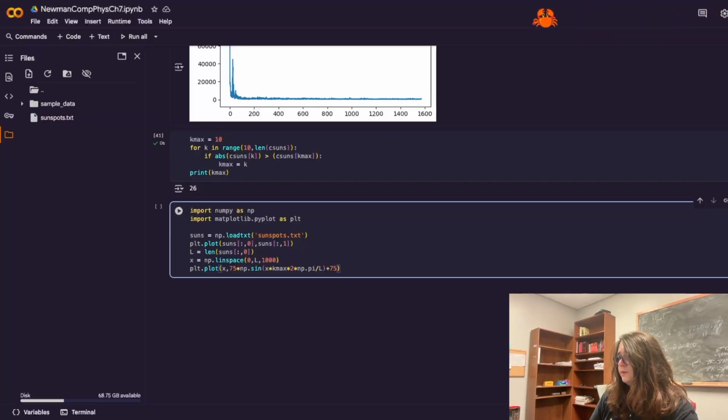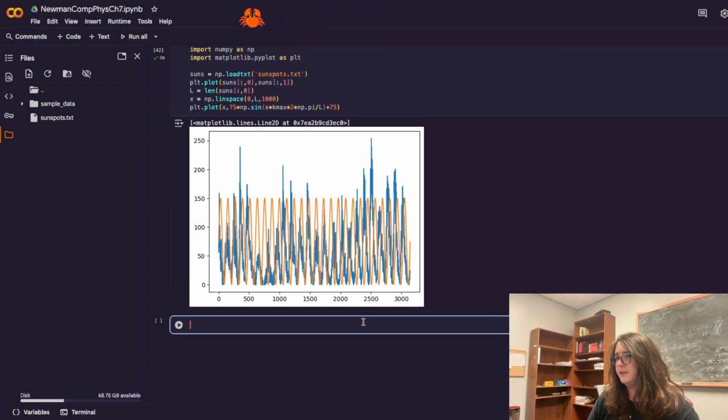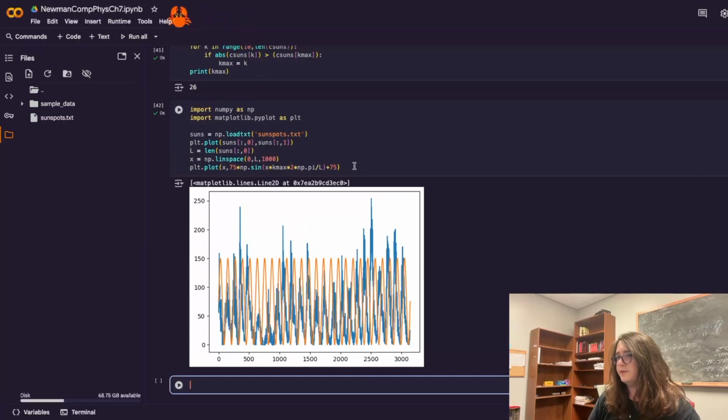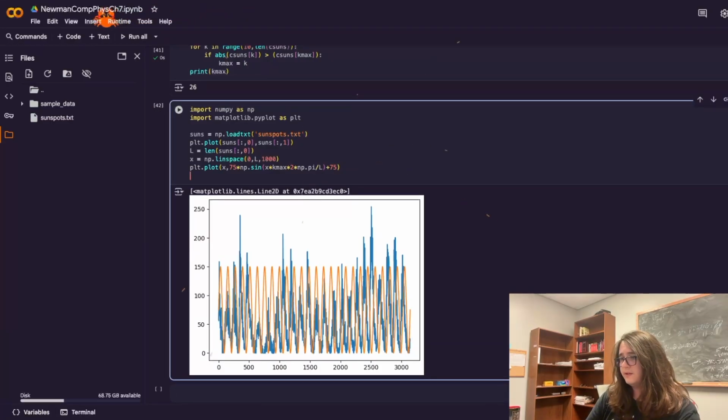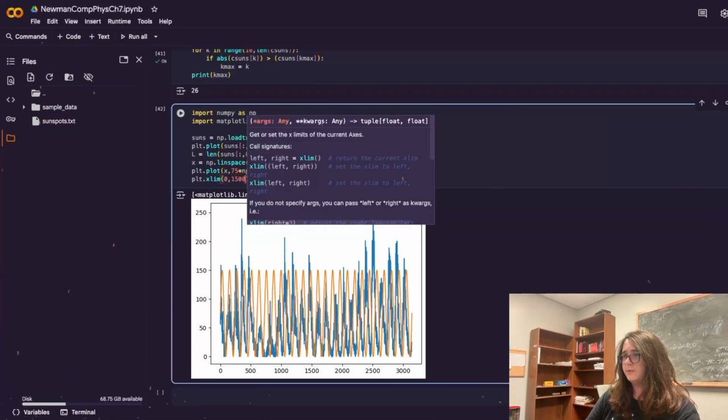And so with that, we can plot it, and it is hard to see really what is going on here. But if we zoom in on, let's do 0 to 1500,